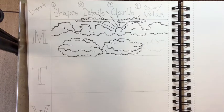We're continuing on with our series of hiking in the desert. We're going to draw a bunch of different items that we can find in the desert, which you wouldn't think would be very much, but when you really start thinking about it and doing some research, you find that the desert is alive with plants and animals. So once we fill out this page with elements that we're going to use in the final drawing, then we'll move over to the other page that's facing it, and we'll draw a full scene that has all of these